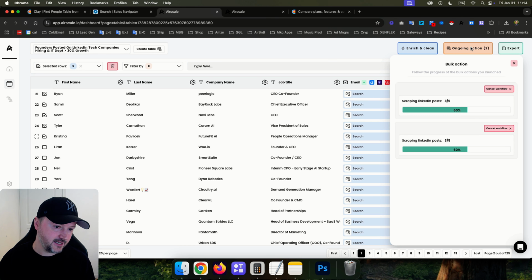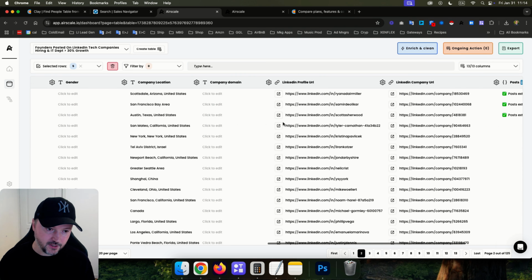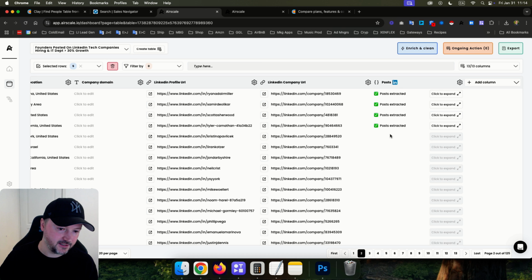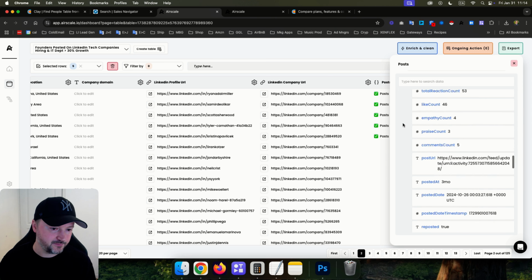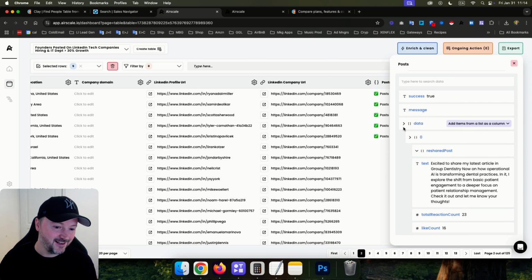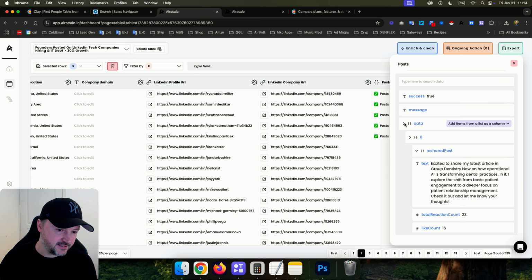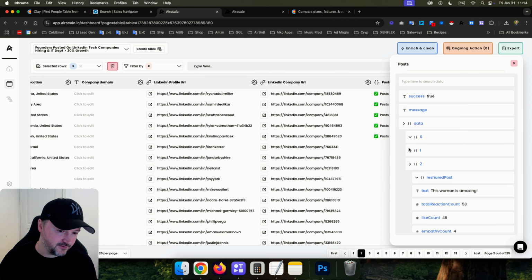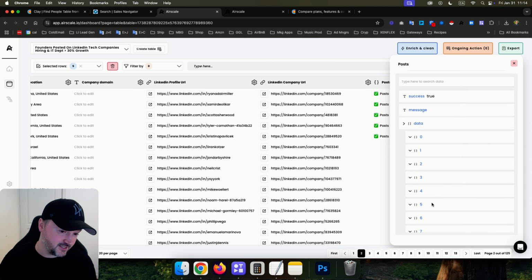and you can see that action is now ongoing. I clicked it twice, so anyway, doesn't matter. Over here on the right now we have posts being extracted in real time, and it shows posts extracted. You can click to expand and look at what you get. Beautiful, beautiful data. So let's take a look. We have data, and then we have this array or a JSON, and this person has 36 posts or 37 posts